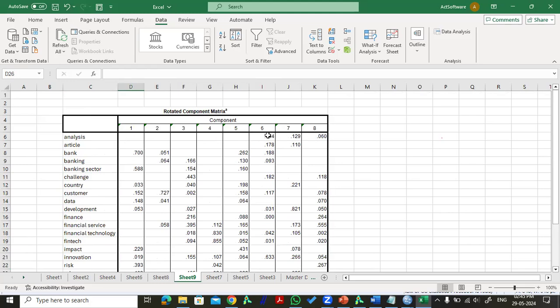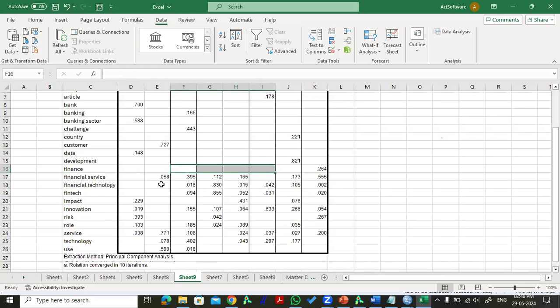in this row, you have to take the highest number. So 0.129 is the highest number. Here 0.178 is the highest. Here 0.700 is the highest. Here 0.166 is the highest. Here you have 0.588. Here you have 0.443. Here you have 0.221. And in this you have a 7 series, and here 0.148 you have, in this you have 8, and in this you have 0.264, and 0.35 you have,